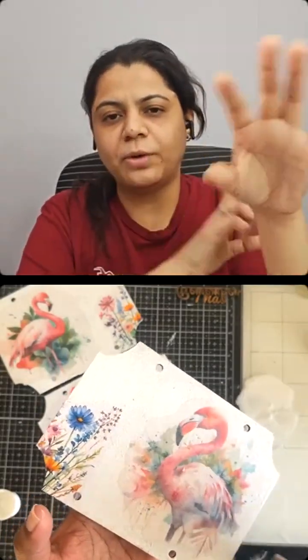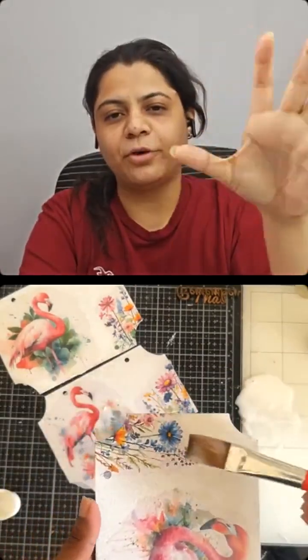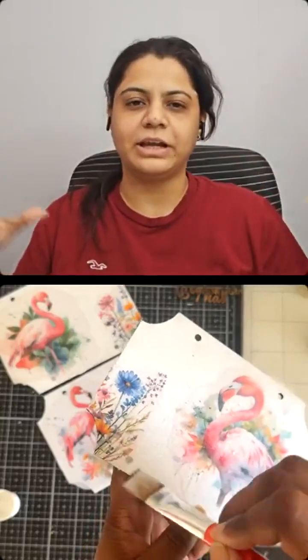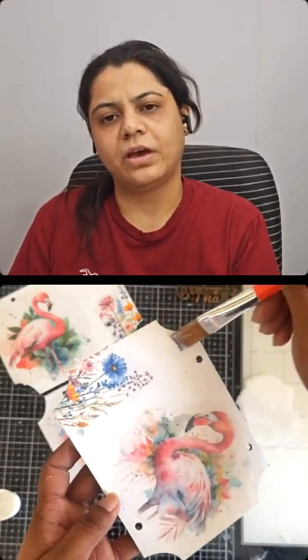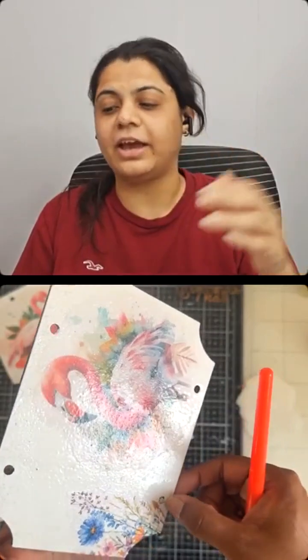So again, guys, ये अभी थोड़ा milky लग रहा है because that is how the glue is. It is white when it is applied and it will dry clear once it is dry. So even though अभी आपको ऐसा लग रहा है कि blur हो गई मेरी designs, don't worry. Once it is dry, it will become clear and the vibrance and everything will come. Within few minutes itself, you can see that. This is an extremely fast drying glue as compared to other acrylic based glues that you find. हमारा ये बहुत clear था. In fact, इतना fast drying है कि अगर आप